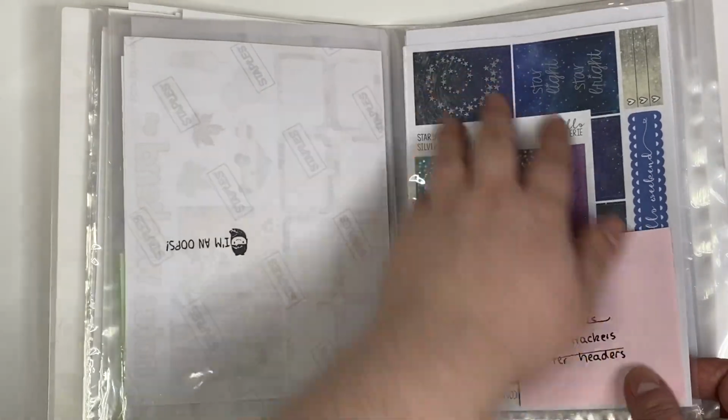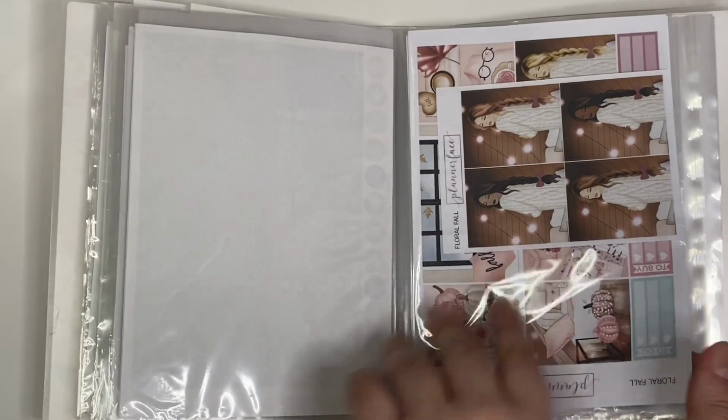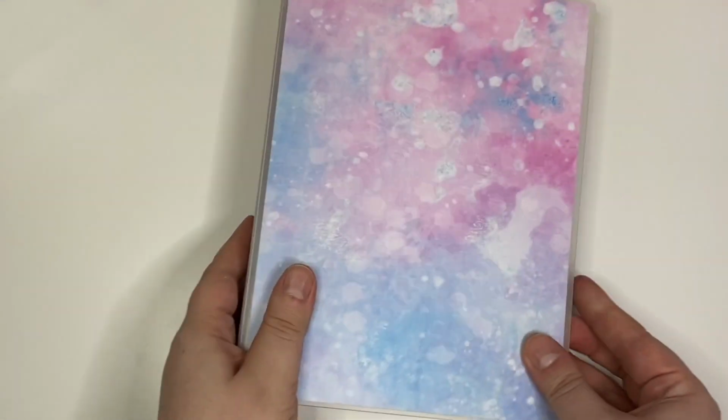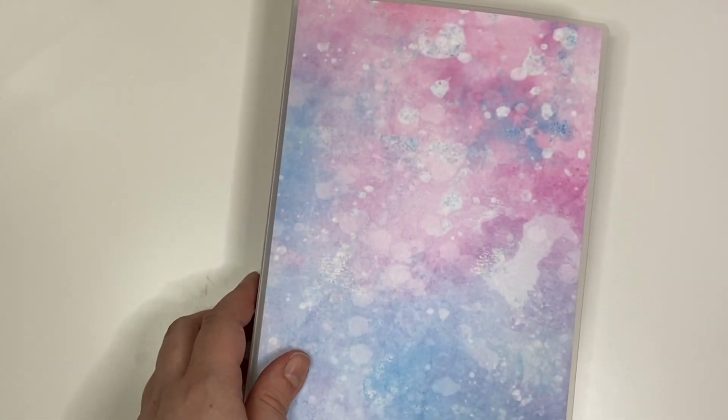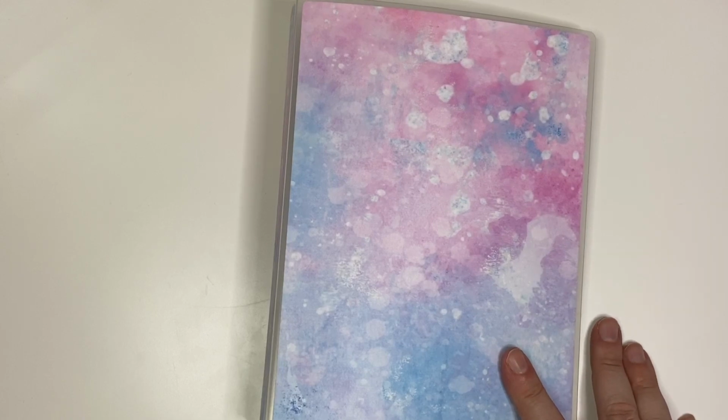This I would sort of use for bonfire night or fireworks night, I think. The new floral fall from Anna, which is beautiful, and the bonfire kit. So yeah, those are my autumn kits. And then winter at the moment is in this one, which is Pastel Galaxy, maybe. I'm not entirely sure of the name of this one. So at the moment my winter kits are in here, but they are actually going to move